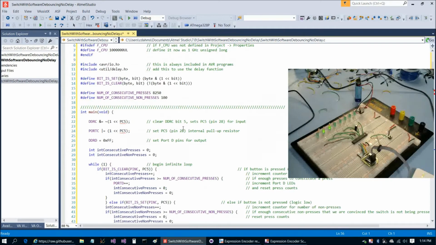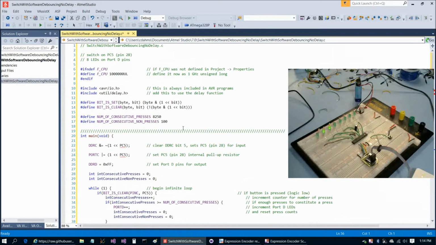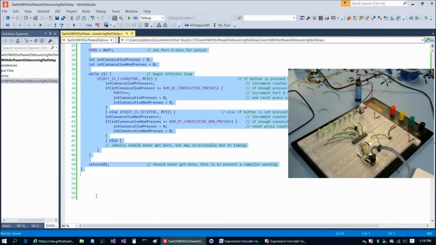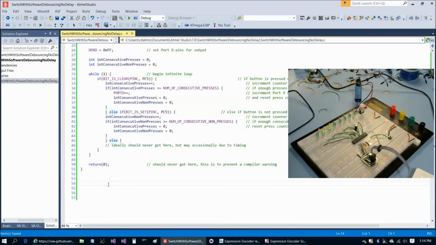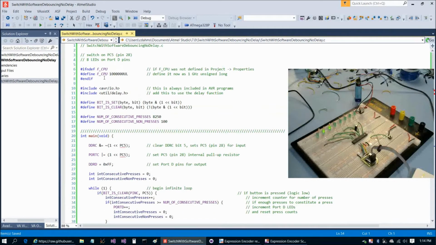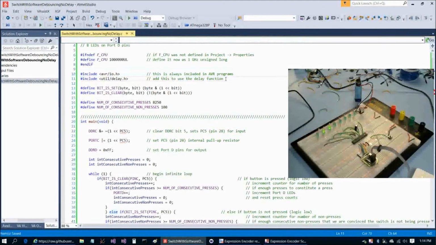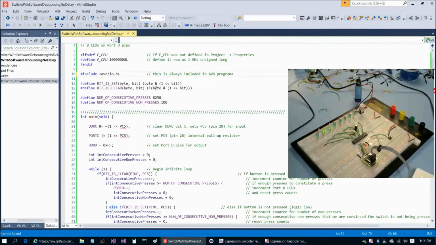So again, there are different ways to do this. We're going to look at a few more examples later, but this is a pretty basic one. Everything is done in main here. There is not a timer, counter, or interrupt of any type used. So the section at the top here is pretty much the same as the previous programs, and then we're including delay as well. Actually, there are no delays in this program, so that's not even necessary, but anyhow, continuing on,